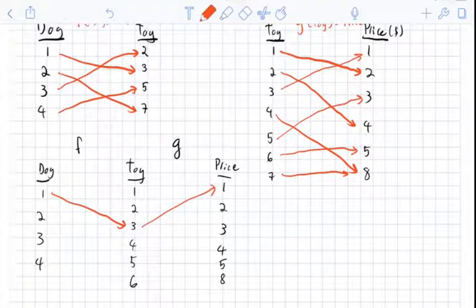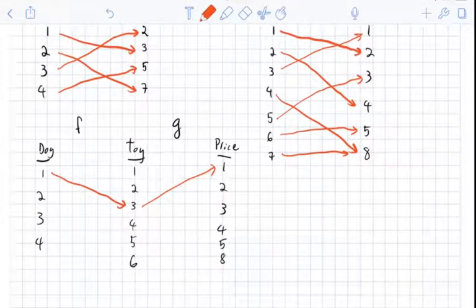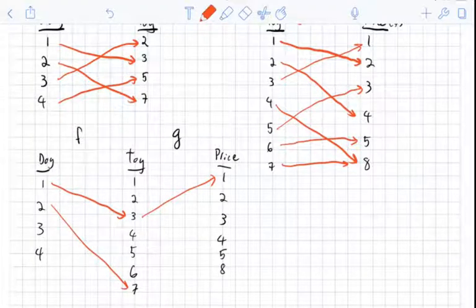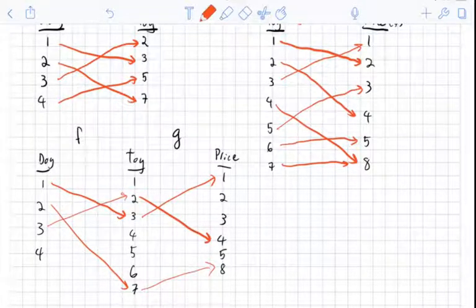Dog number 2 likes toy number 7, and toy number 7 goes to 8. Dog number 3 likes toy number 2, and toy number 2 goes to 4. And then dog number 4 likes toy number 5, and toy number 5 costs